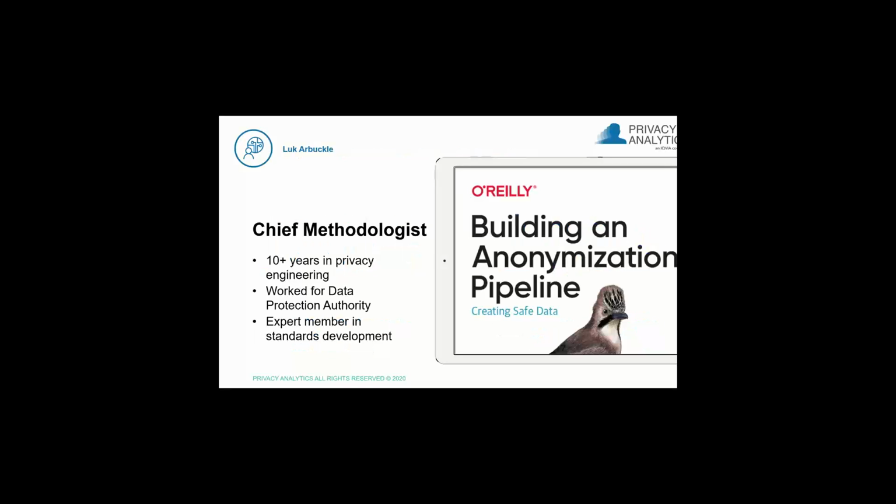A little bit more about me. You heard a little bit about me from Mike at the beginning. Just to give you a little bit more, because obviously the title itself is quite unique. The term methodologist is used by national statistical organizations to mean the science behind how we evaluate the system and methods to create safe data, what we're calling safe data. Ultimately, part of my role is to ensure that the methods that we use across the organization are consistent as well, right? We have a methodology for evaluating our system and methods for creating safe data and responsible uses of data, but also we have to ensure that we're using them across the organization through those different business lines.